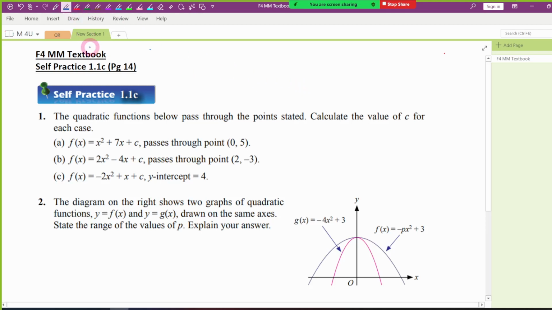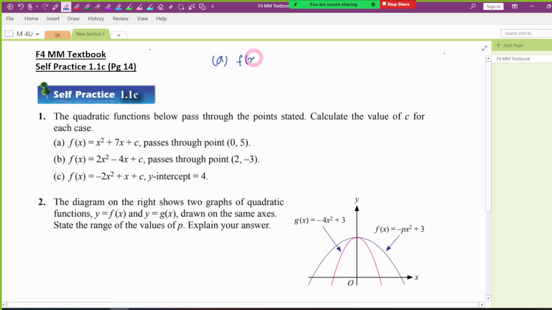Hi, in this video, let's look at your Form 4 Monomath textbook, Cell Practice 1.1c, page 14. Question number 1. The quadratic function below passes through the point stated. Calculate the value of c for each case. Now, for part A,